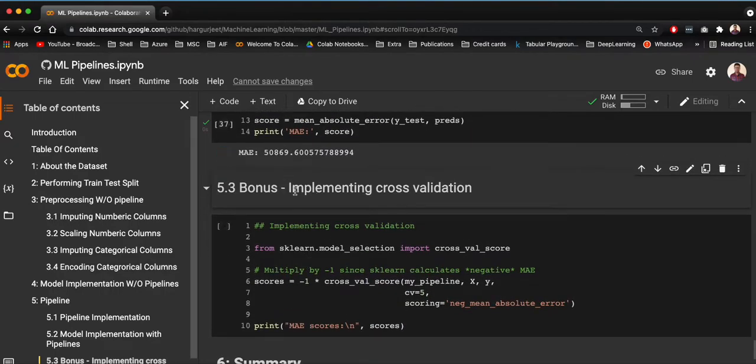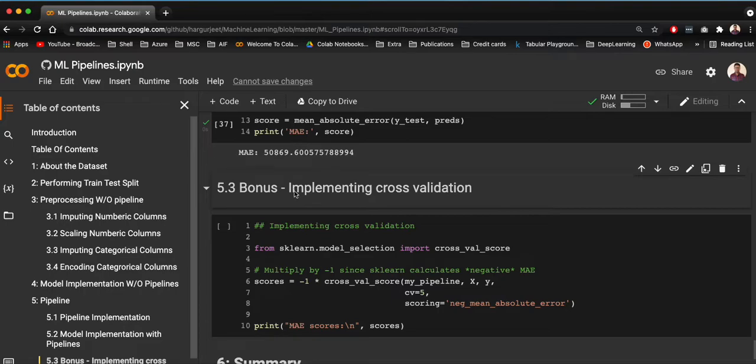One of the bonus benefits of implementing the machine learning pipeline is performing the cross validation, right? So cross validation is a technique where we split the data set between train and test, and this split would be rotated again and again with the complete data set, and the test sets would again be changing based on the training set, right?